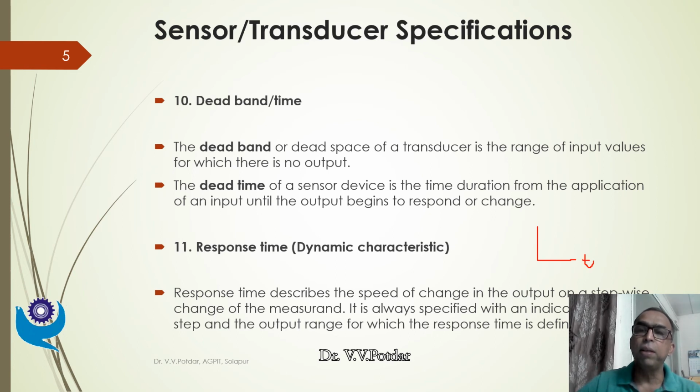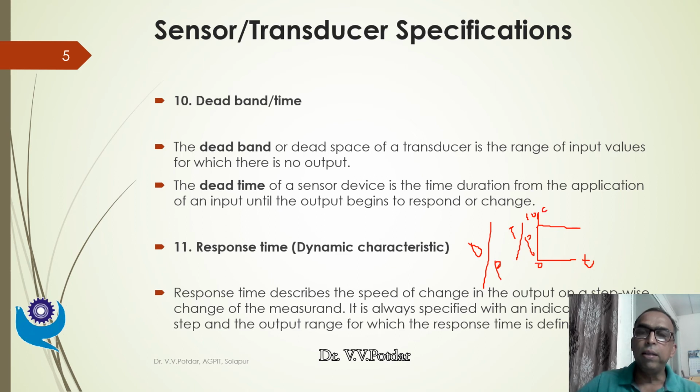On the x-axis I have temperature, and on the y-axis I have the input parameter, as well as I am showing the output parameter as well. So this is the input parameter as well as output parameter. What I am doing is, at time t equal to 0, there are temperature scales. Let us say I have 0 degrees Celsius to, let us say, 100 degrees Celsius.